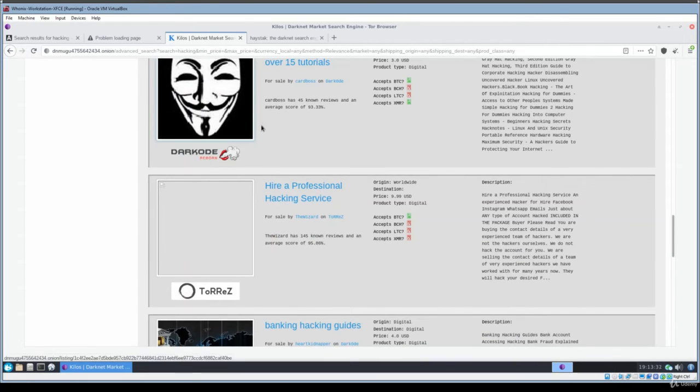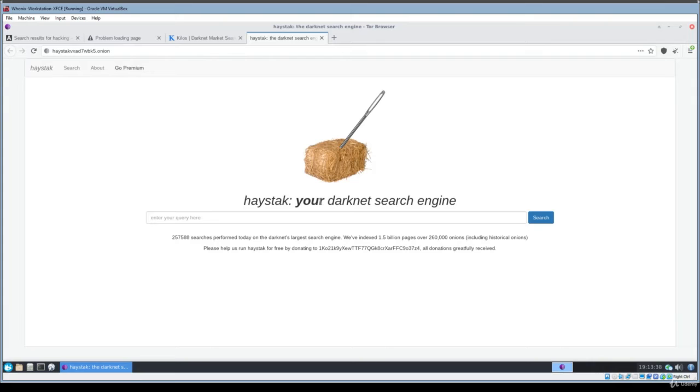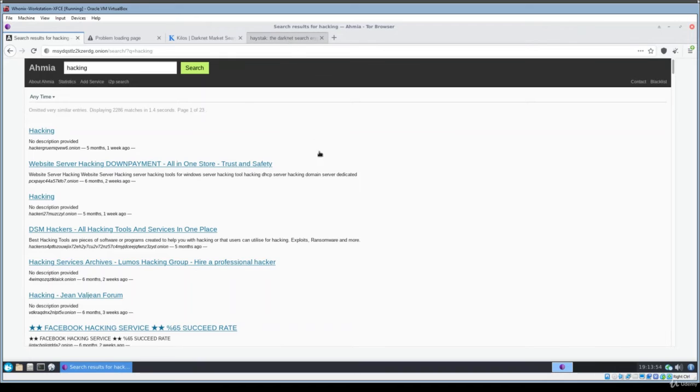Anyway, apart from Kilos, one more search engine that I would like to suggest is called Haystack. Haystack is arguably one of the best onion search engines in history. It is neat and clean, just like Google. Apart from this, it is the fastest, even better than AMIA in my opinion.